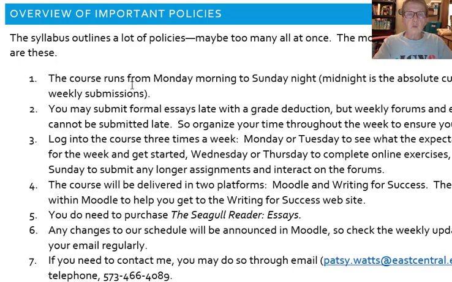The course is divided into week modules, so the week will be opened up. You'll be able to see what to do for that week, and then you will just know that the assignments for the week are due by midnight on Sunday. Sometimes those assignments are due a little earlier than the week, but midnight Sunday is the absolute cutoff, and so